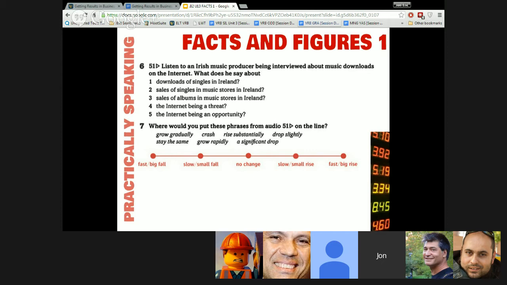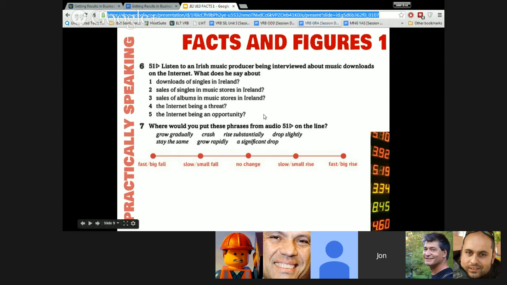I remember that the albums drop in Ireland, but it's important for the producers, for the industry. So, do people in Ireland prefer albums or singles, according to the producer? I don't know exactly, but I suppose that the people in Ireland prefer singles rather than albums. No? The producer says, actually, let's put it on the screen.